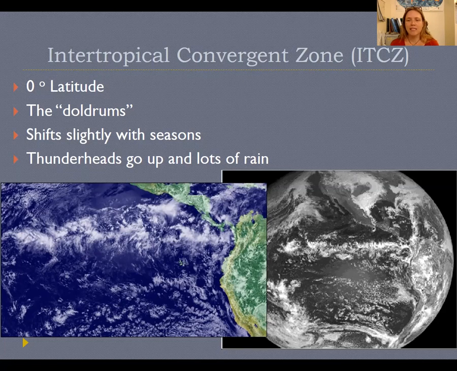The reason is that this point, right at the center of the two tropical regions, is a place where there's a convergence of winds from the northern and southern hemisphere. We're going to talk more about those in a few minutes. But because the winds from the northern and southern hemisphere meet here at very equal strength, there's very little movement of wind across the equator. The two winds from either hemisphere essentially cancel each other out, and there's a stagnant zone